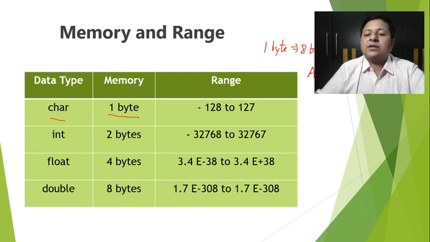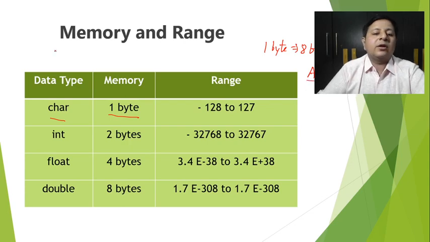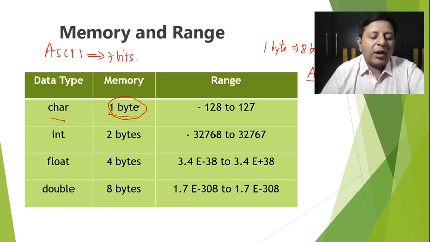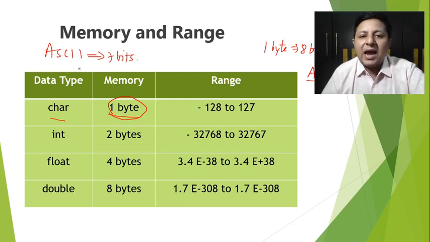You know the size of ASCII is 7 bits. It might not be visible, I'll write on this side. So the size of ASCII is going to be 7 bits. ASCII values require 7 bits, and that's the reason the size of the character is given as 1 byte, because 1 byte is a minimum that I have to allocate. So 1 byte is 8 bits. Out of that, 7 bits are used for storing ASCII, and obviously 1 bit is don't care. So we don't bother about that, and the range is obviously minus 128 to 127.